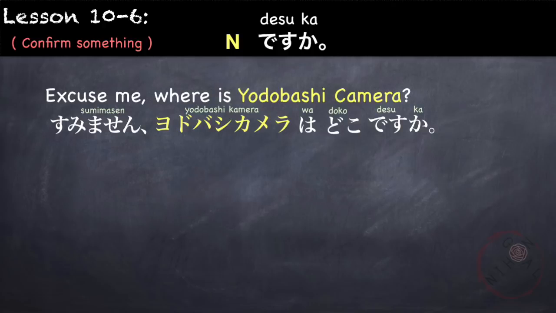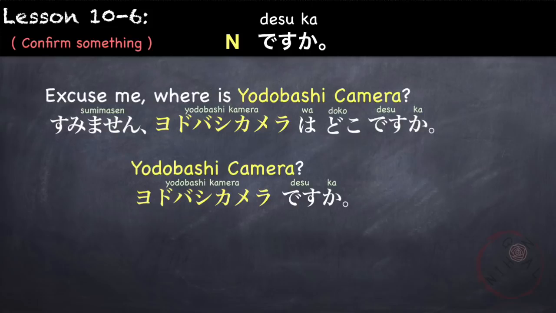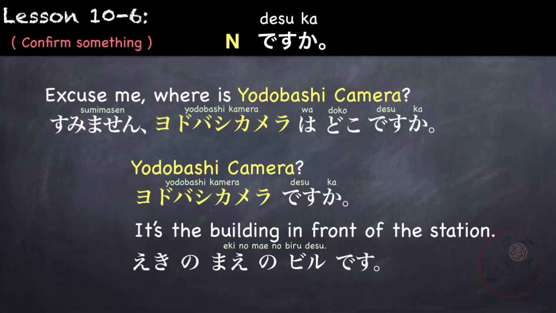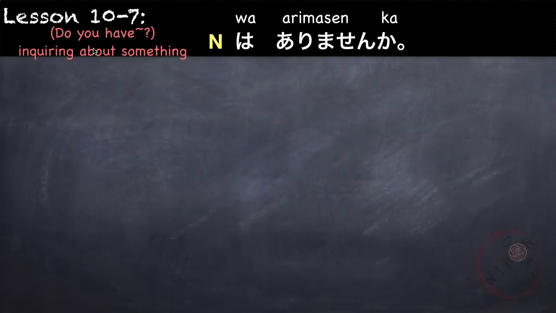The other person will confirm the information. ヨドバシカメラですか? It's the building in front of the station. 駅の前のビルです。駅の前, in front of the station's building, ビル. It's the building in front of the station. 駅の前のビルです。